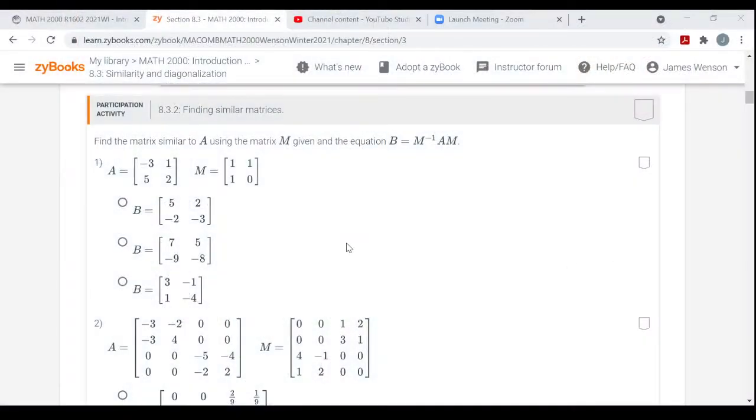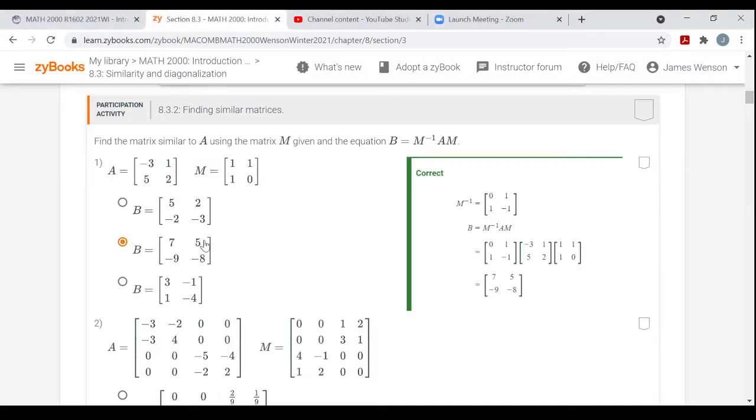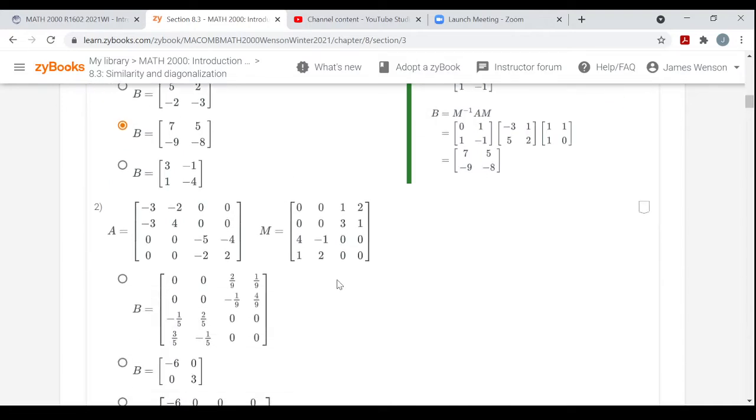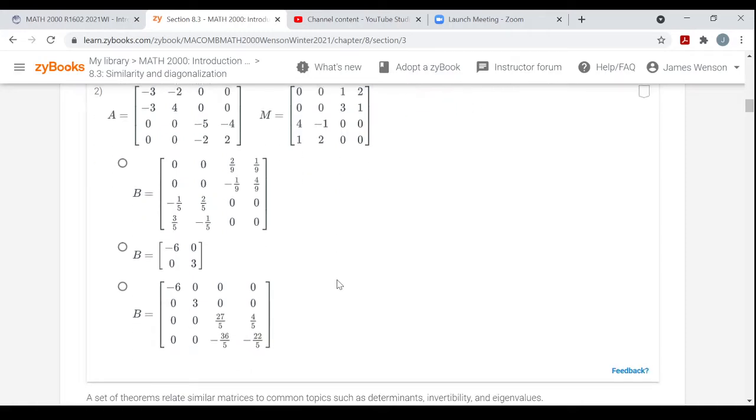So, yeah, the matrix B that they were looking for is this one, right? What's a similar matrix to matrix A? This 7, 5, negative 9, negative 8. And you're asked to do the same here. Okay, now you could use a calculator, of course,